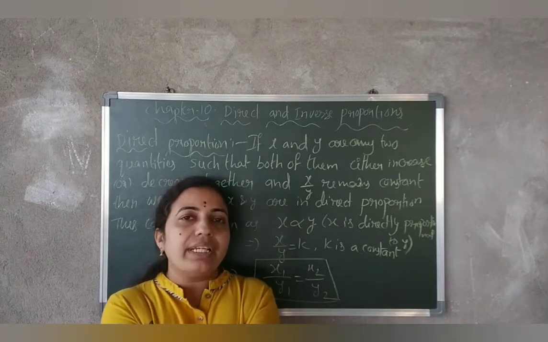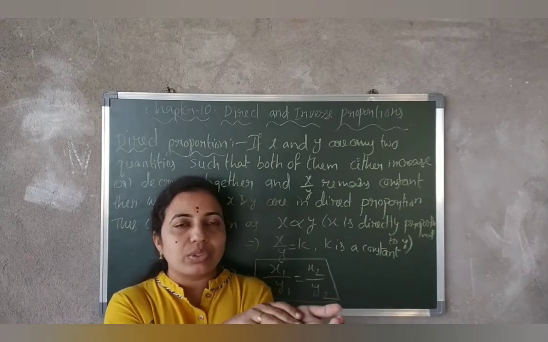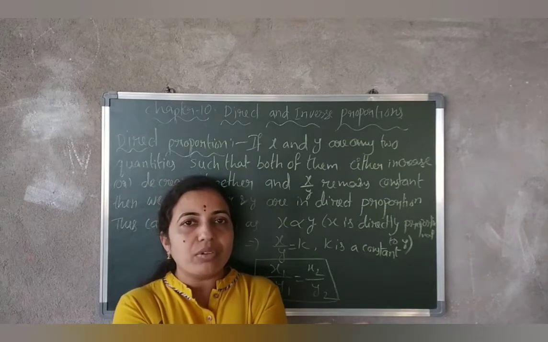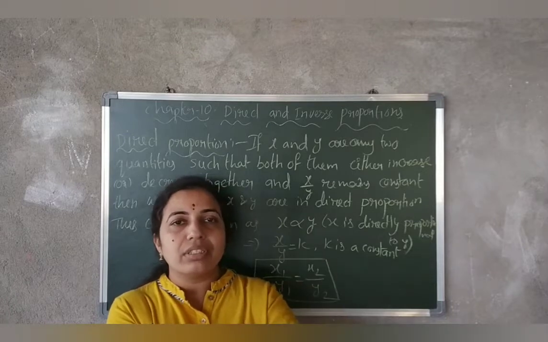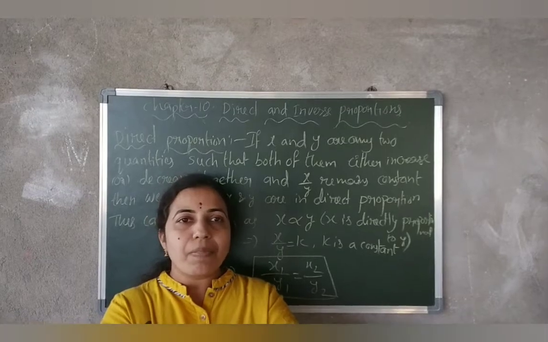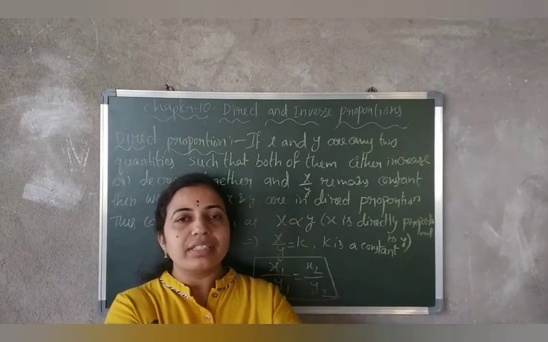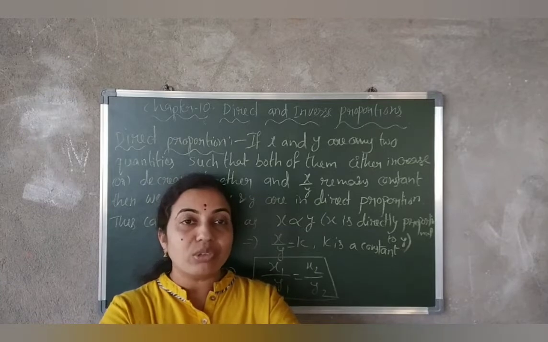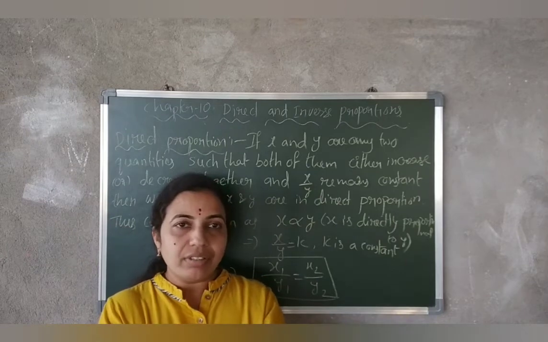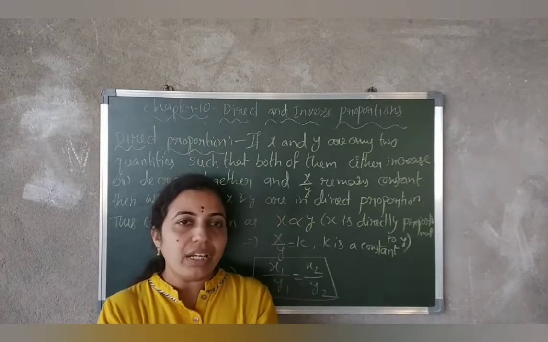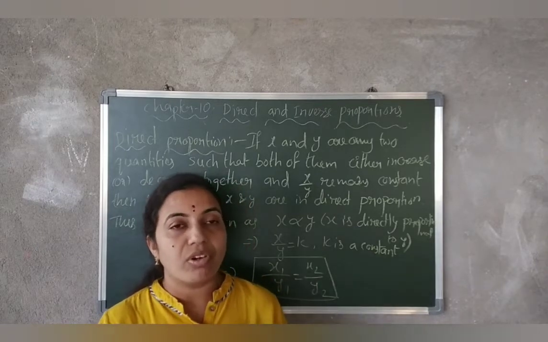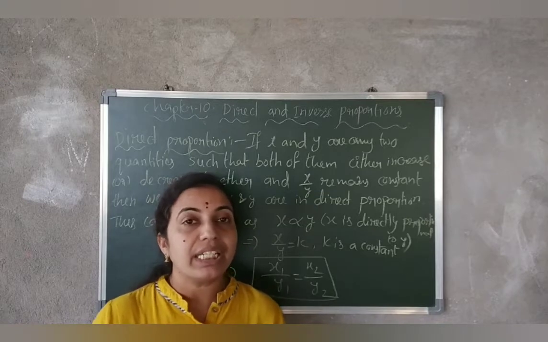They stayed at your home for 2 days. She daily cooked 6 glasses, and then after 2 days they went home. Now again you became 4 members, decreased. She'll cook only 2 glasses, decreased. When people decreased, the rice cooked also decreased. When two quantities either increase or decrease, both must have the same change. If both quantities change in the same way, then we can say that they are in direct proportion.